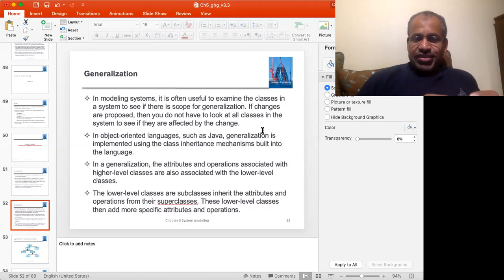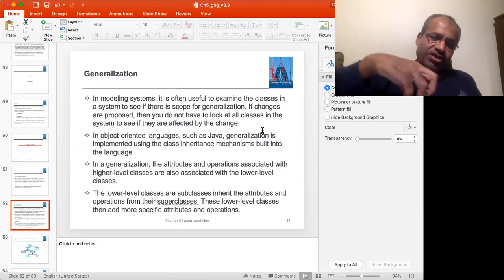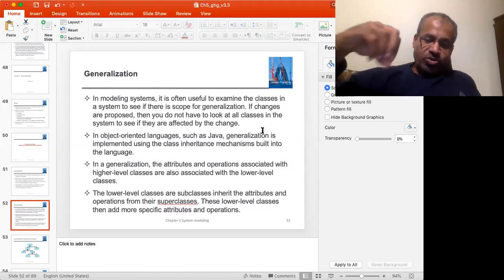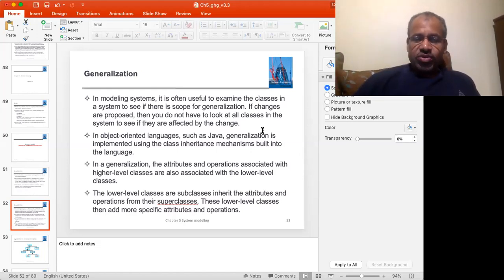Then if you've collected all the similar classes together and abstracted them under a superclass, then you can affect this change or that change in only one point and not go around all the classes to implement them. So that's important, it makes your life easier. And that was one of the main justifications for applying object-oriented and class-oriented modeling, is that you will